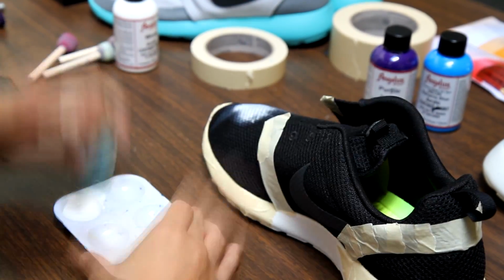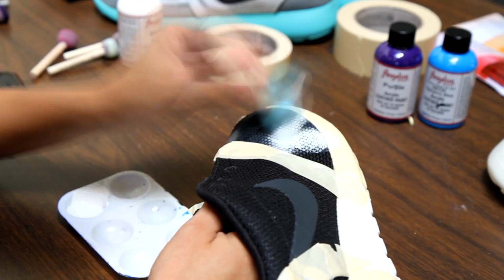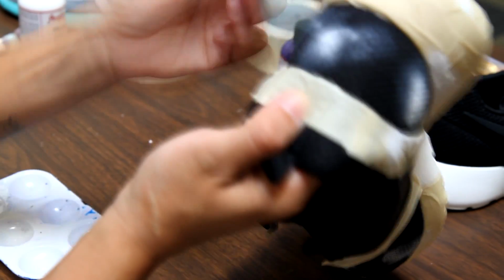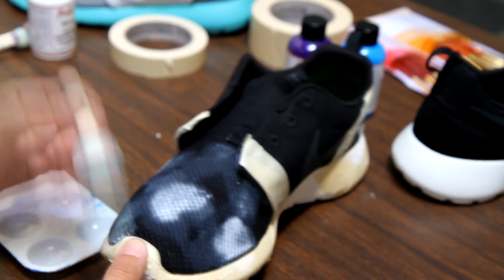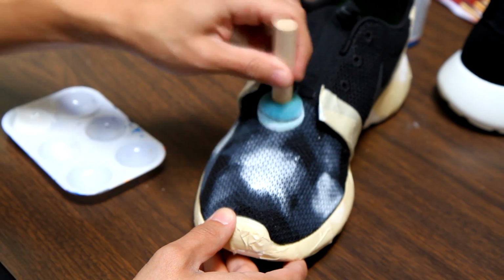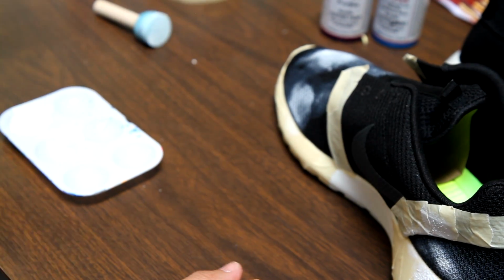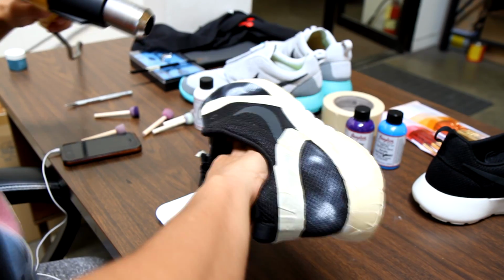Moving on to the white, I use a white basic, it's flat, and you want to make some shapes on there. You're going to take a couple of layers. So this is the first layer of the white. Let it dry a second. You can make some shapes if you want, kind of like stars. So after the first layer, we're going to dry it off a bit, and you're going to set this aside